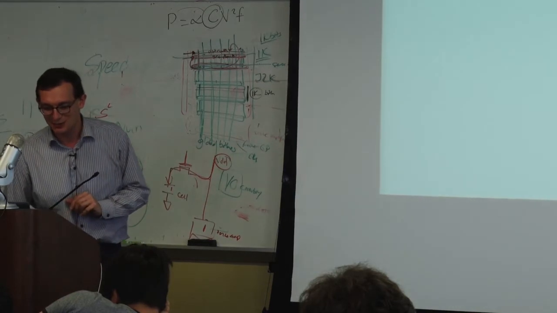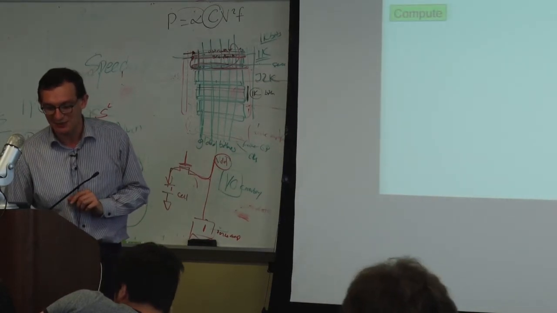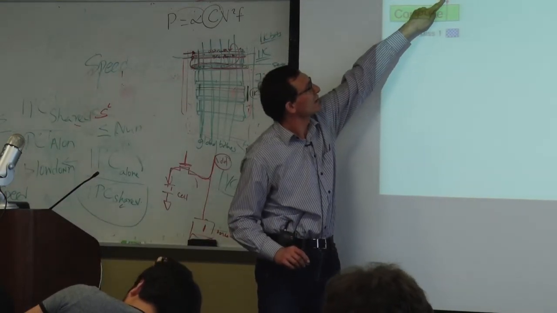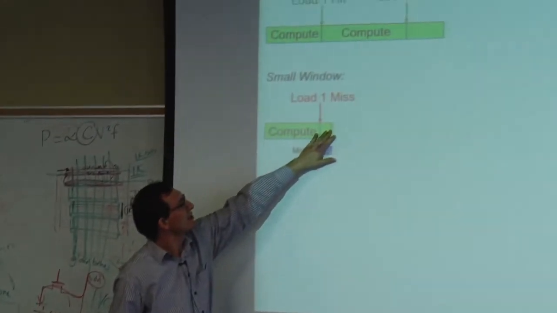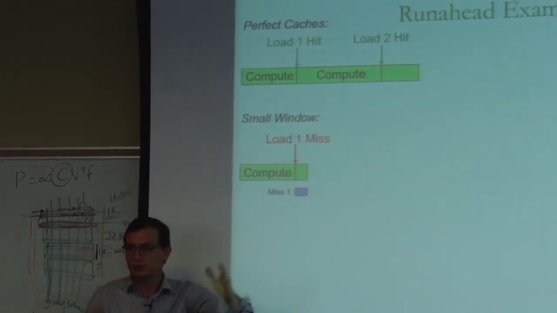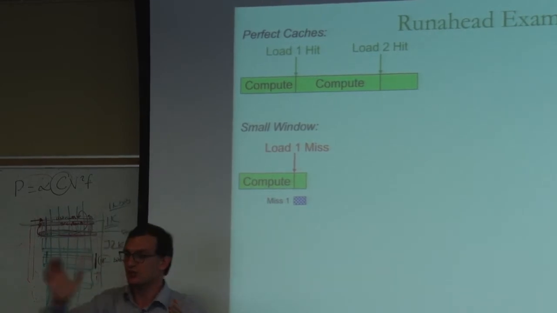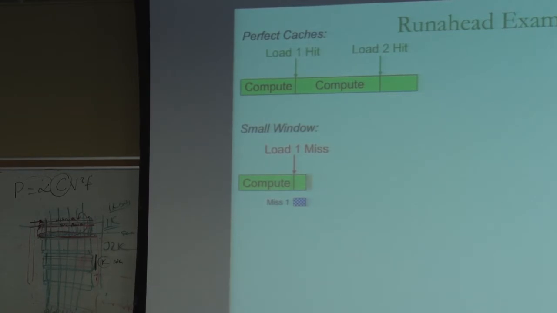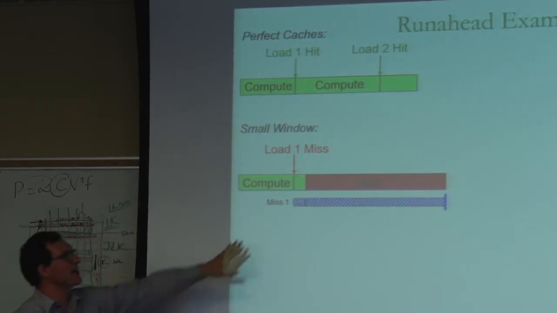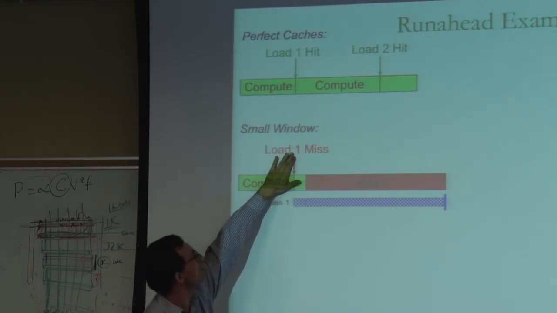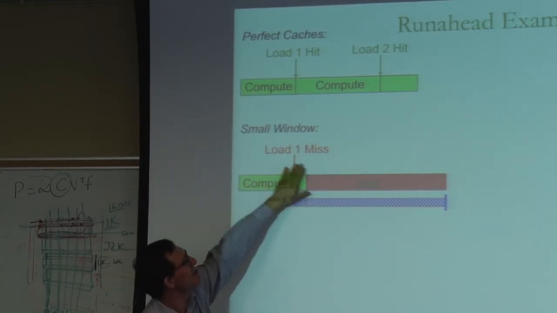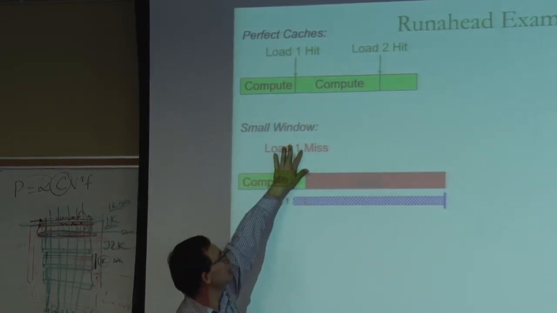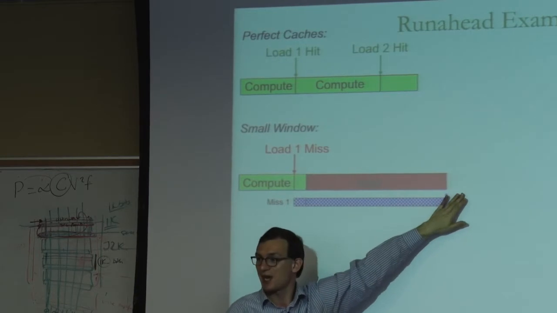So if you want to understand this well, I like this figure, basically. If you have a small window, this is what happens. When you get a long latency cache miss, you execute some instructions, but then during that latency, the window stalls. You cannot put more instructions into the instruction window because now your reorder buffer becomes full, right? Because you have a small window. As a result, you get a stall. No more instructions enter the pipeline. You stall until this load retires, and it retires only after its miss returns from memory. Now you can get rid of the load from the window such that you make one space for the next instruction.